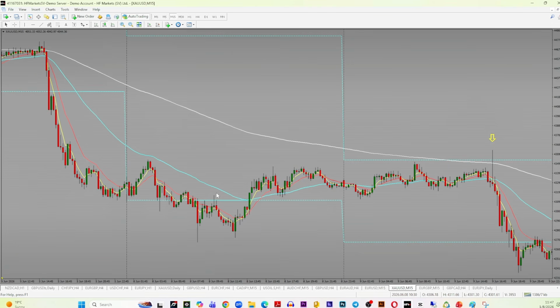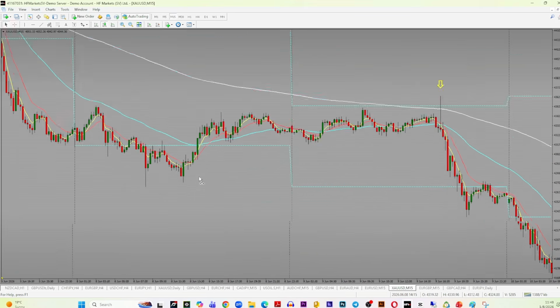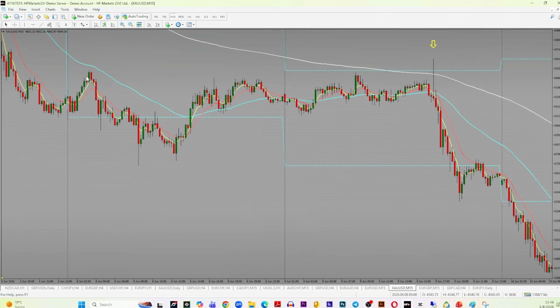Whenever I upload videos, these are the EMAs that we use: the 50, 200, 800, and 13 EMA. So the ones that are of use today in this particular strategy are the 50 and the 13 EMA. So what we can see here is that the market, on the 8th of June 2026,